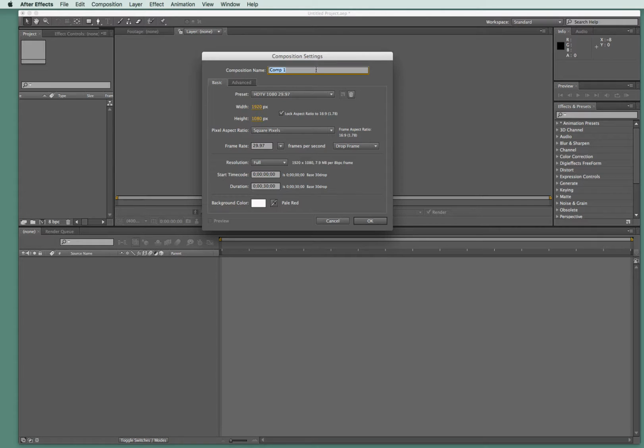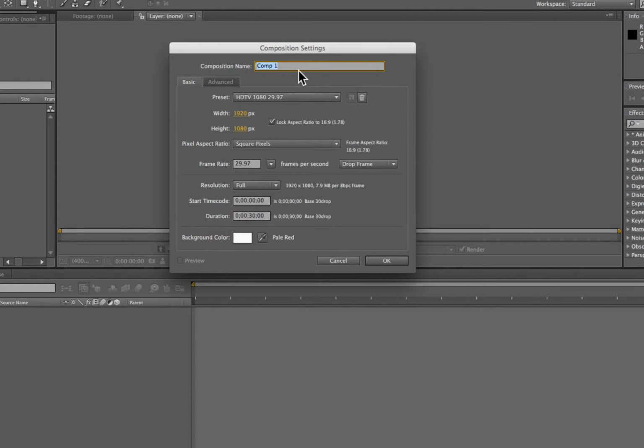A dialog box will come up, and the first thing you're going to do is name it. I'm going to name mine Bouncing Ball, because that's what we'll do. Then you'll see a bunch of presets and places where you can change the size, the shape, and the frame rate of your composition. For now, I suggest you just leave it on default. You can select the preset HDTV 1080